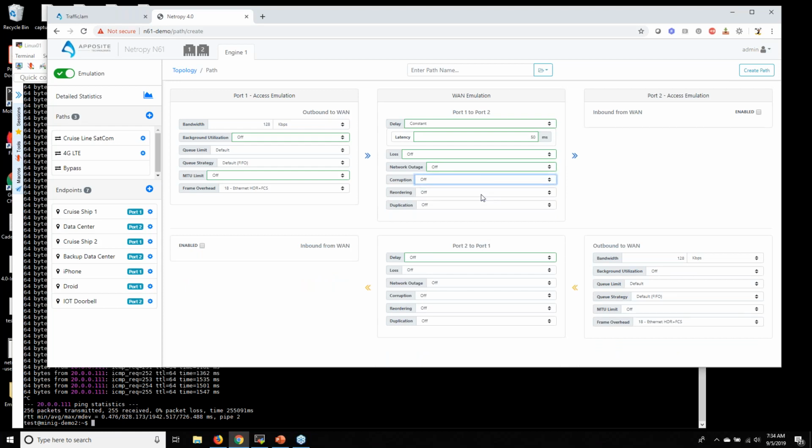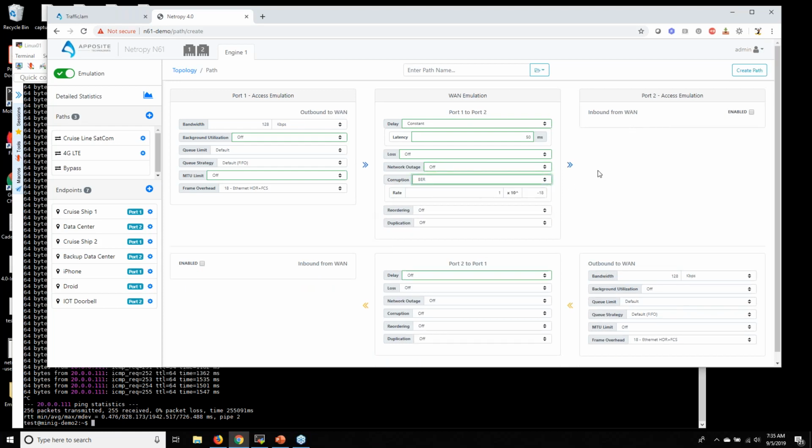Okay, so now we have bit error rate corruption. The easiest way for me to explain this is for those of you who are familiar with HP, Cisco, Juniper switches. If you do a show interface and you start seeing what we call CRC errors or collision errors, we are able to duplicate those.